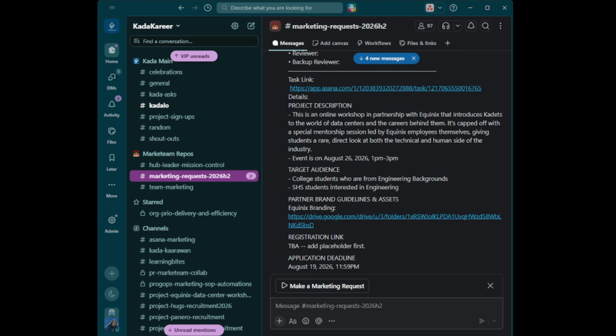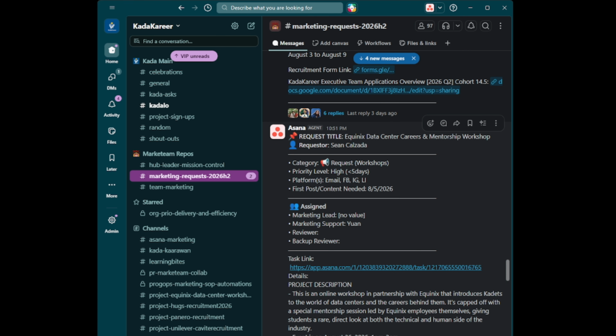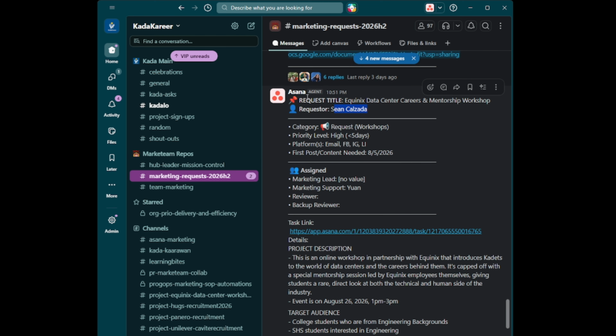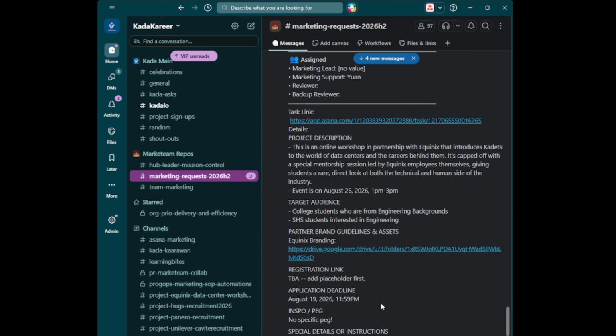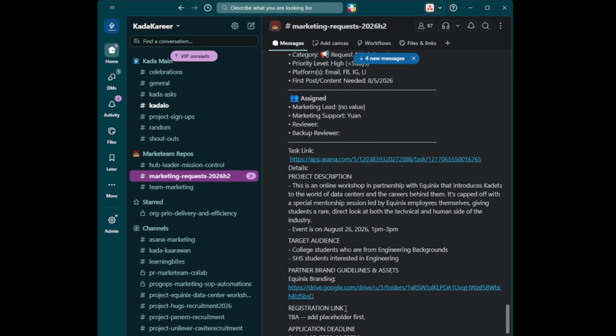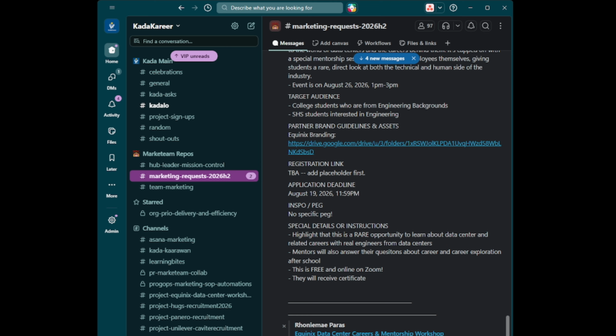So let's pull up an example. The most recent one is the Equinix data center. After Sean requested this through the form, it takes out all the details you put in the form and sends it here on our channel. As soon as it pops out here in the channel,